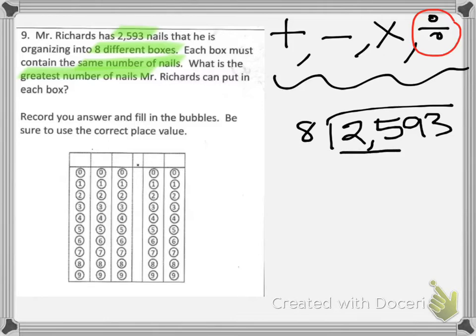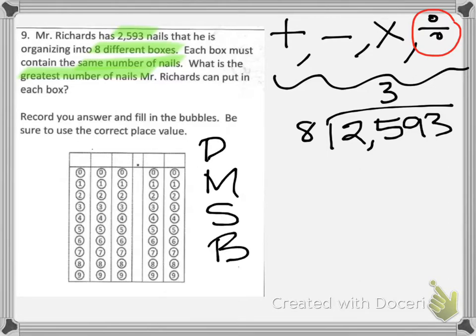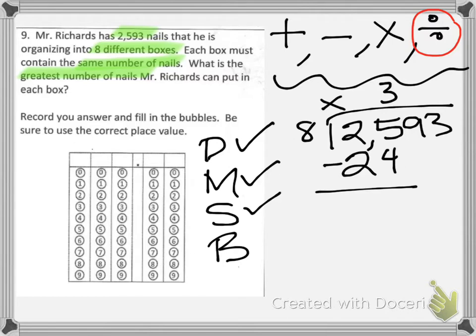We know that's possible. 8 times 3 is 24. 8 times 4 is 32. So if we say 8 times 4 is 32, that's a little bigger than 25. So let's take a step back and say that 8 times 3 will give us 24. But before we continue, let's write down our strategy here to keep us organized. Our division, 25 divided by 8, will give us 3. 3 times 8 is 24. Now we're going to subtract. 5 minus 4 is 1. We bring down the